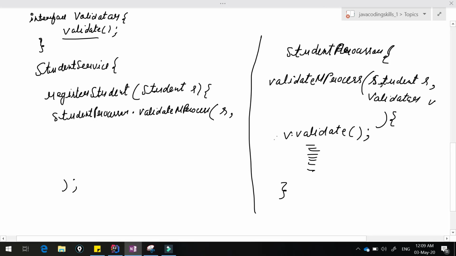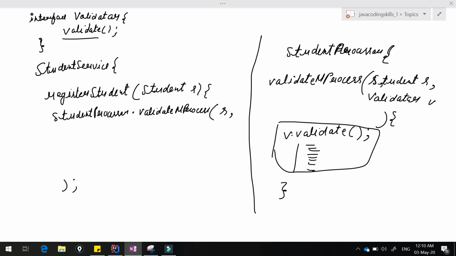So the only thing is, instead of calling this validate method from here, then doing certain actions here, and repeating the same thing in register exam as well, we will remove all that common code from there and write it here. The only thing is how we validate: the student validation might be different from the exam validation. Everything very specific to a particular flow or method is what we pass here in the form of an object.